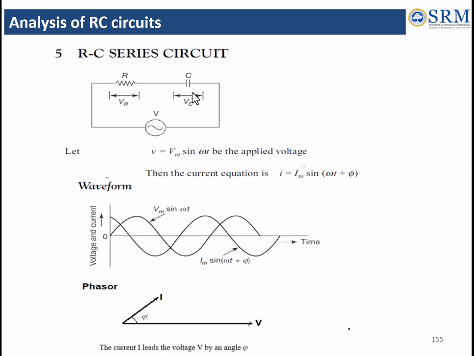Since there is a capacitive reactance, the current is leading, right? So i = Im sin(ωt + φ). We have to draw the waveforms in that manner. What is the voltage waveform? Current is leading, and in the phasor diagram we also have to draw the current as leading the voltage by